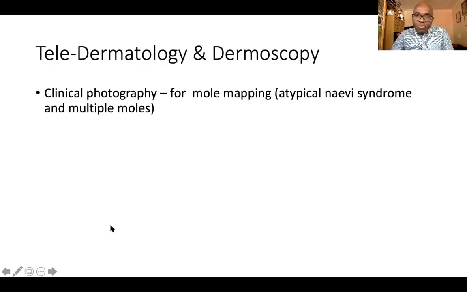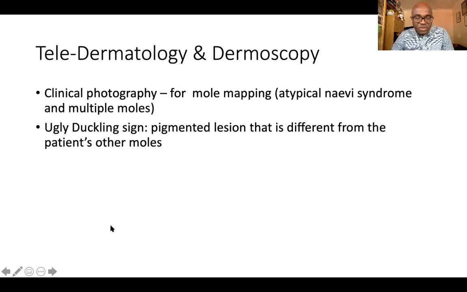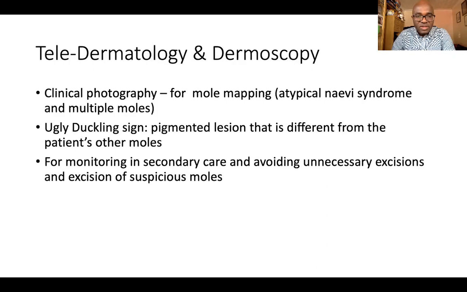Again, mole mapping, it's used in dermoscopy. The ugly duckling sign is when you see a lesion clinically in a patient which looks different from the other surrounding lesions or pigments there. You use dermoscopy to look at this ugly lesion much more closely, and then you compare it to the other moles, and this can be used in monitoring or either